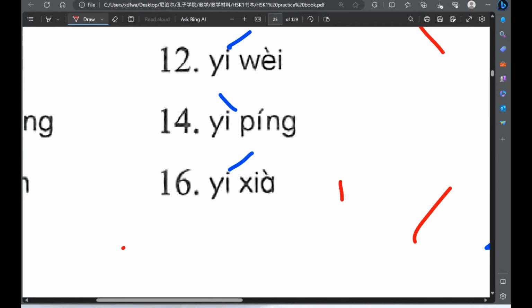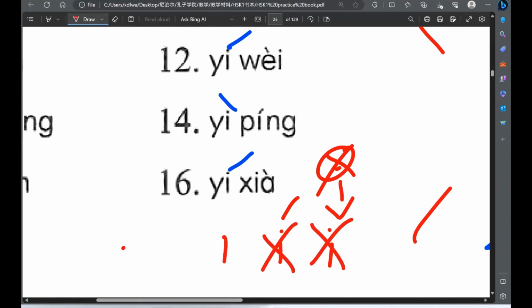This alphabet, when there's a tone being marked on the head of E, then we don't need to write this dot again. We don't need to write it like this. We can write the tone on this dot. So, like this or this. No matter which tone is used, we never need to write this dot again.